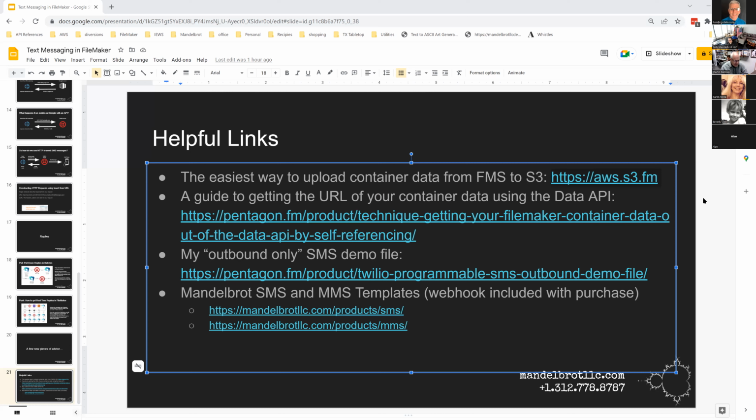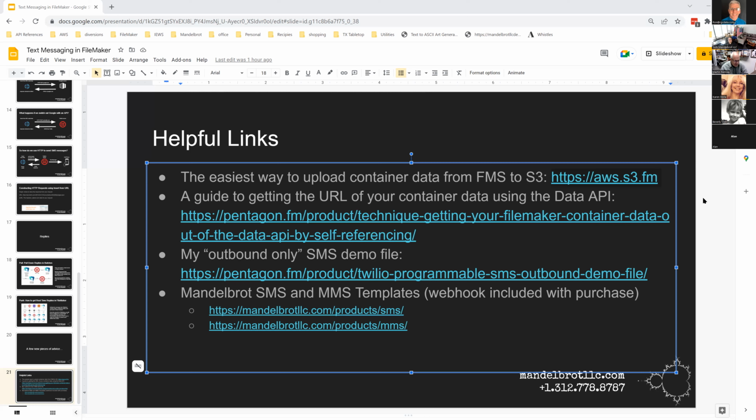So I made an API where instead of a 200-line script, you make a parameter in one line. And in the second line, you use insert from URL to tell my API, where's my file, where's the container file, how do I get to it, where am I going to put it in AWS S3, and what visibility does it need to have. And then S3 on the other side goes and plucks the file out of your FileMaker solution, right? So instead of having a beach ball spin while a variable fills up with the entire file, it says, okay, I got that. And it does it in the background.